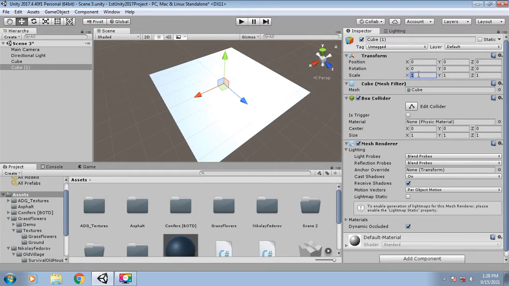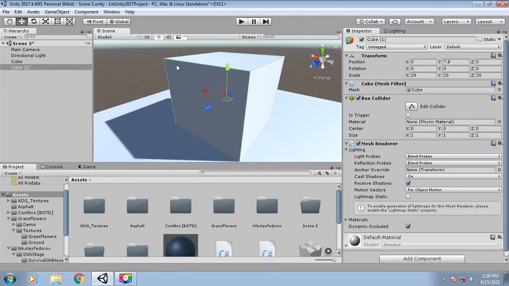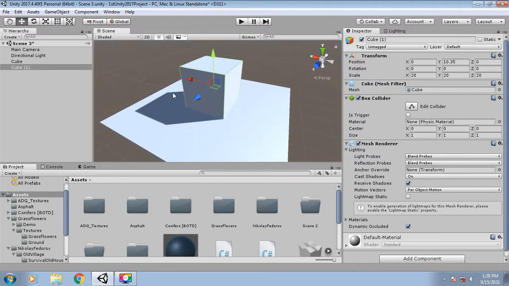Let's make its size 20 by 20 by 20. Set its y-axis. Now it's perfect.